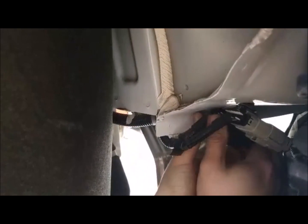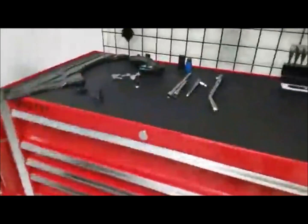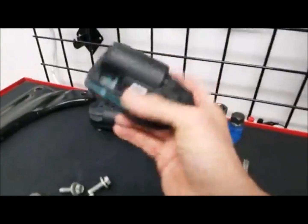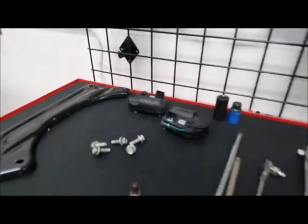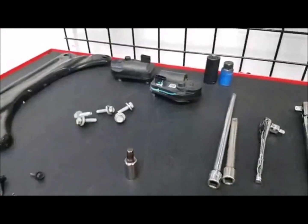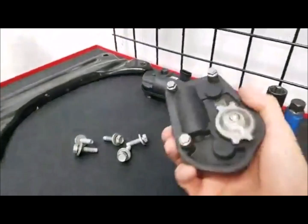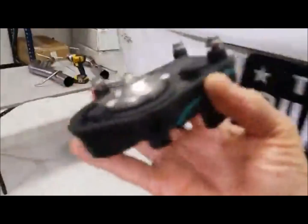Robert, are you going to need a tune after the install? Yeah, on this particular exhaust system, the MBRP, since we're no longer running the AFM valves. Let me show you the AFM valves. Okay, so these are the AFM valves right here, the factory ones. We're not going to be running these anymore, and you're going to need a tune to turn off the AFM valve. Now we haven't hit it with the Diablo yet to see if it's going to turn it off, because we were running this on the Stainless Works system, and the way it worked on the Stainless Works system is